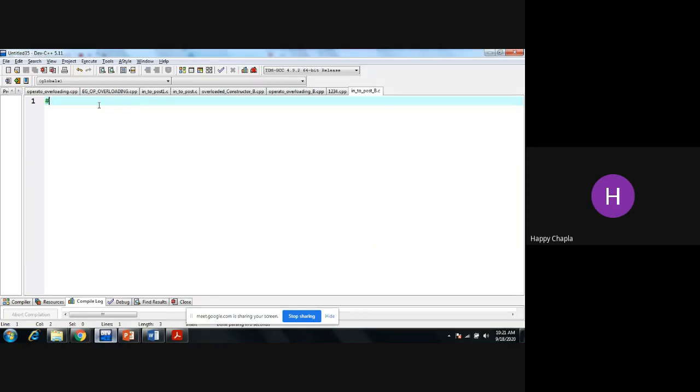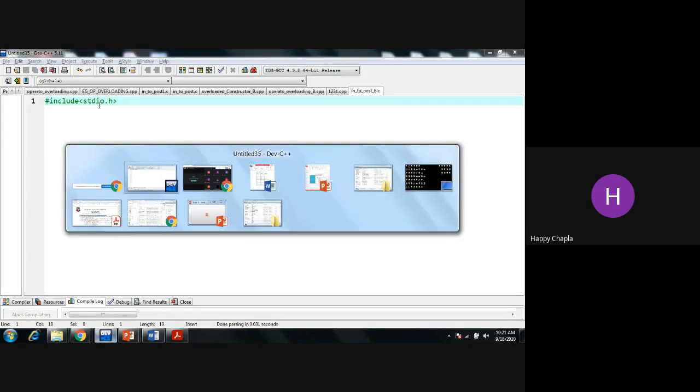Okay, B batch. So in infix to postfix, B batch. Include. Okay, now first and foremost thing that we have to do, that every time we have to perform the